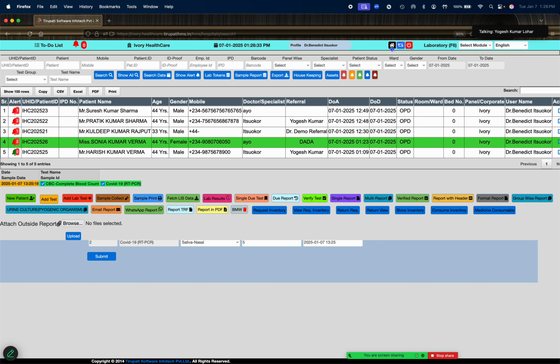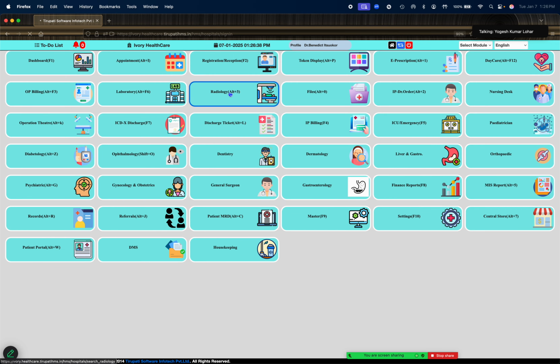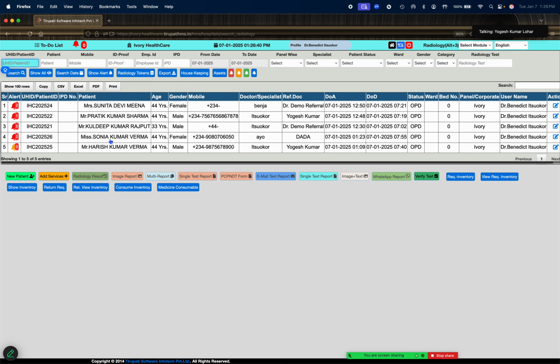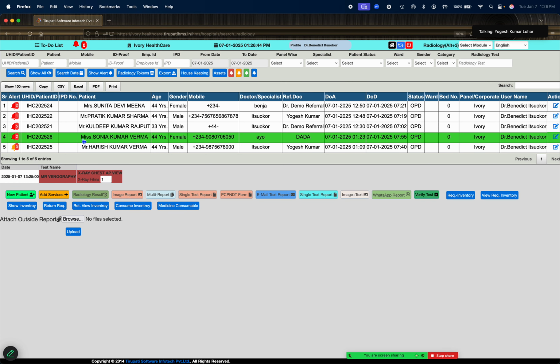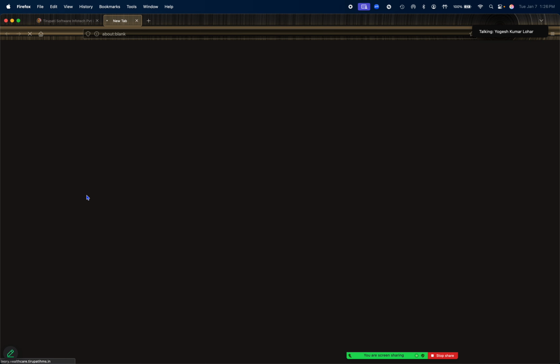Now we go for the same patient to the radiology report section in the services, and we will have the patient Sonia here, and we want to prepare the radiology report.